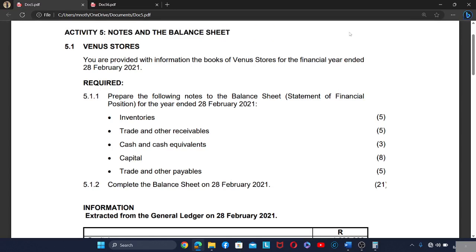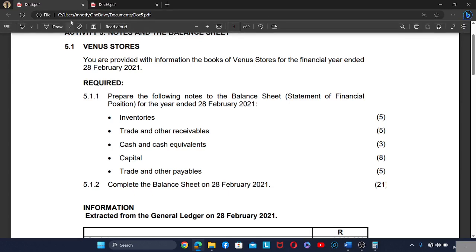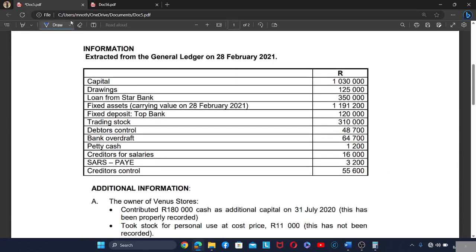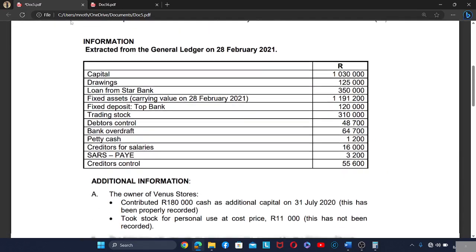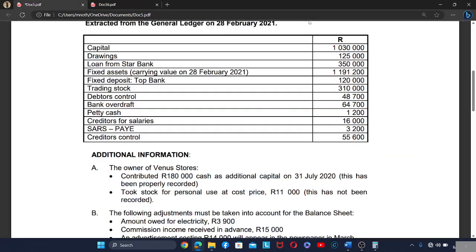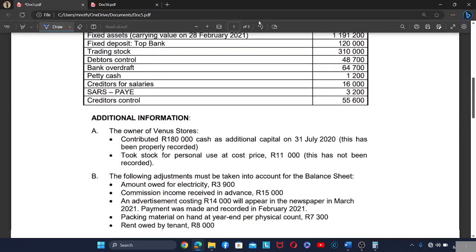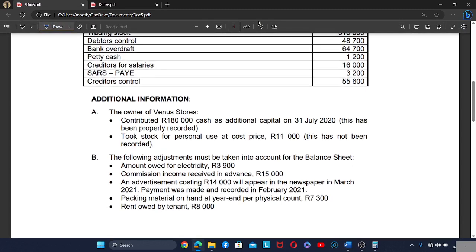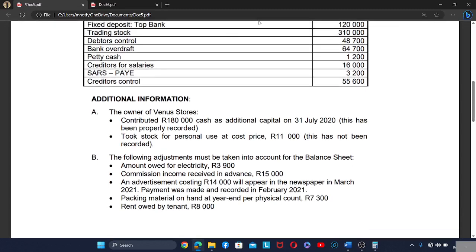So they said the year ends on 28 February 2021. Then they are saying prepare the following notes to the balance sheet. So we are doing these three notes, and then we are also doing the balance sheet. Okay, so let's do them. Let's just go to the adjustments. Adjustment letter A,